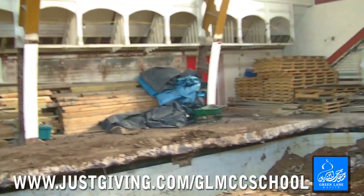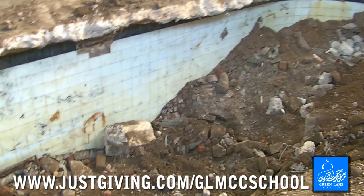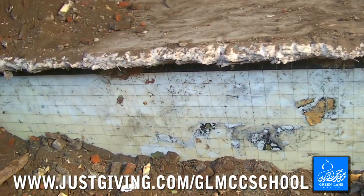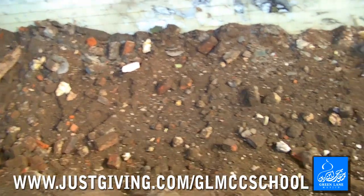Currently we're excavating the basement. The basement, as you can see now, we are revealing the original swimming pool with the original tiling. Our intention, inshallah, is once we have excavated the whole of the swimming pool, is to then dig another 4 to 5 feet below the level of the swimming pool,